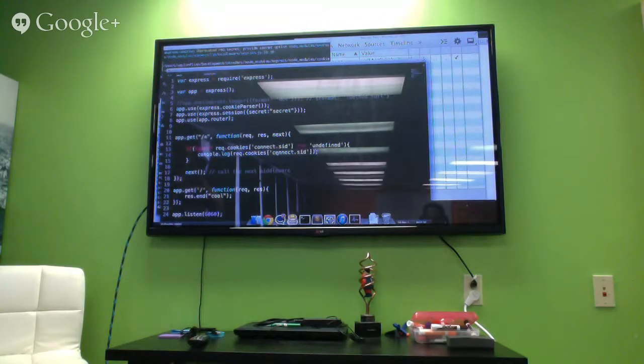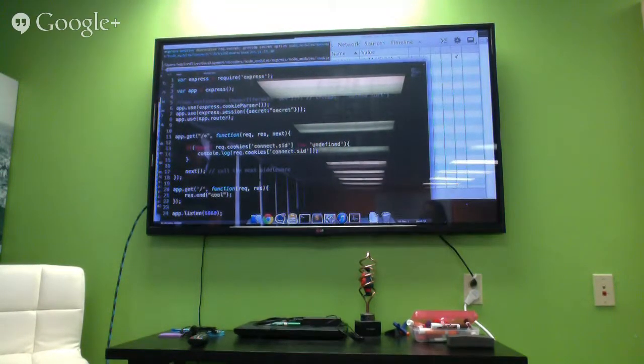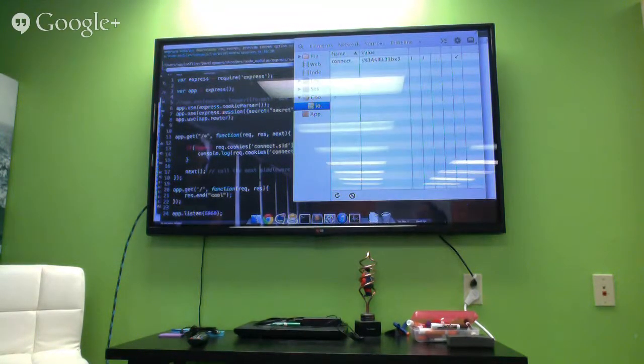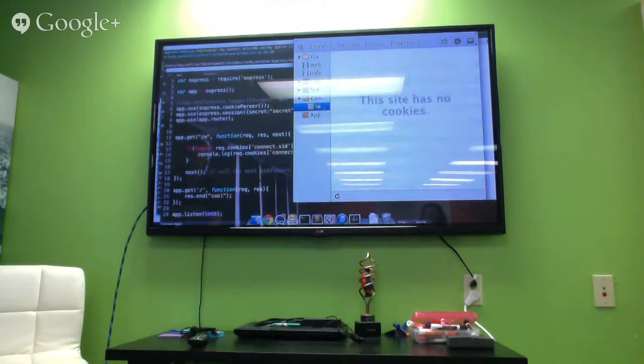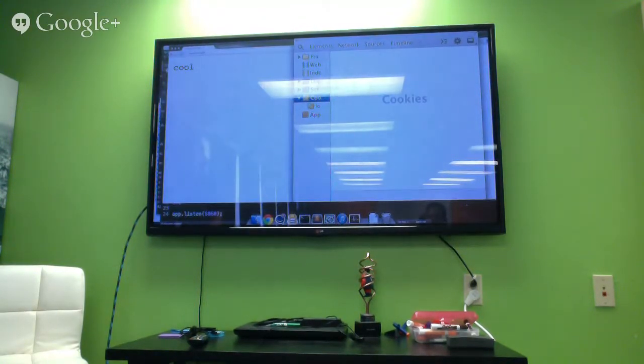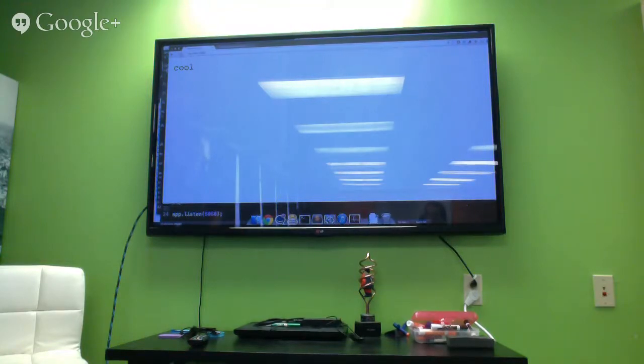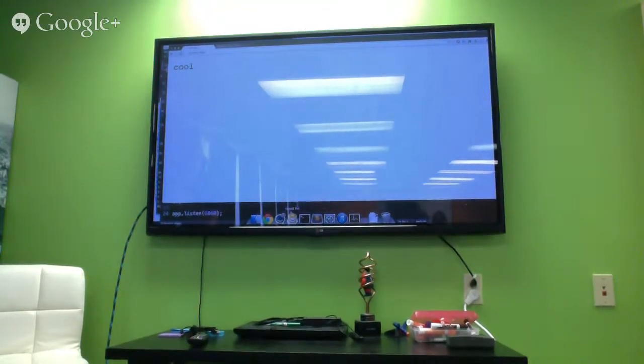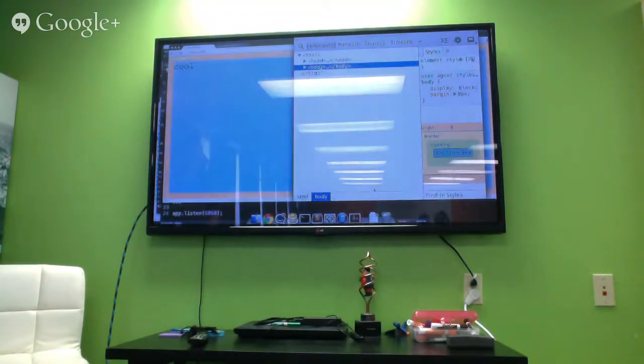When I did my first request, I didn't have a cookie at first, and I'm going to simulate that by getting rid of all my cookies. So I didn't have a cookie. I came over here and did a request, and it's going to generate a cookie for me and send it back.